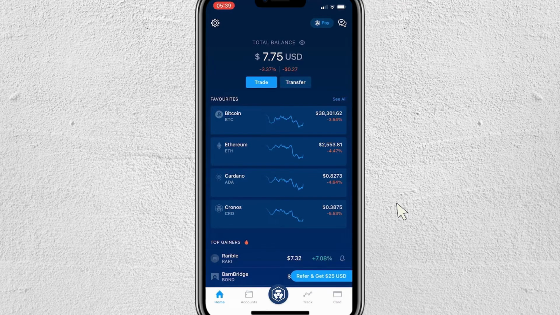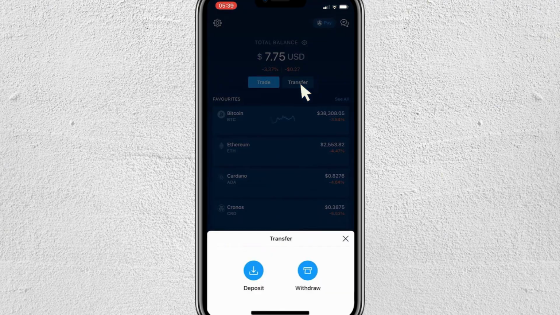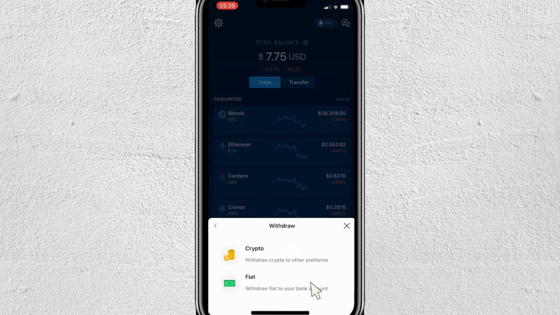Hey everyone, in this video, I'm going to show you how to transfer cryptocurrency from crypto.com to Binance. Now, this is actually super simple, and what you want to do is first, you want to start off on the crypto.com application. Now, once you're here, you want to click on transfer, and then because we are sending this to Binance, we're going to hit withdraw,